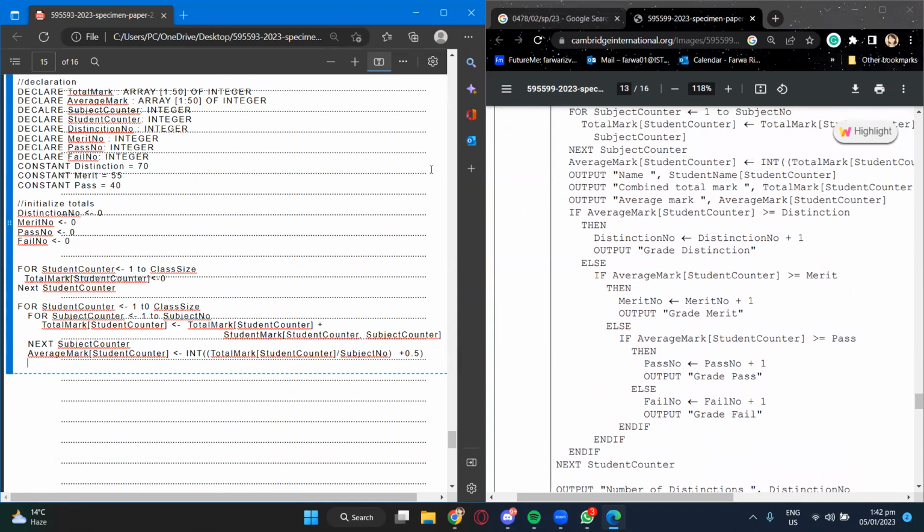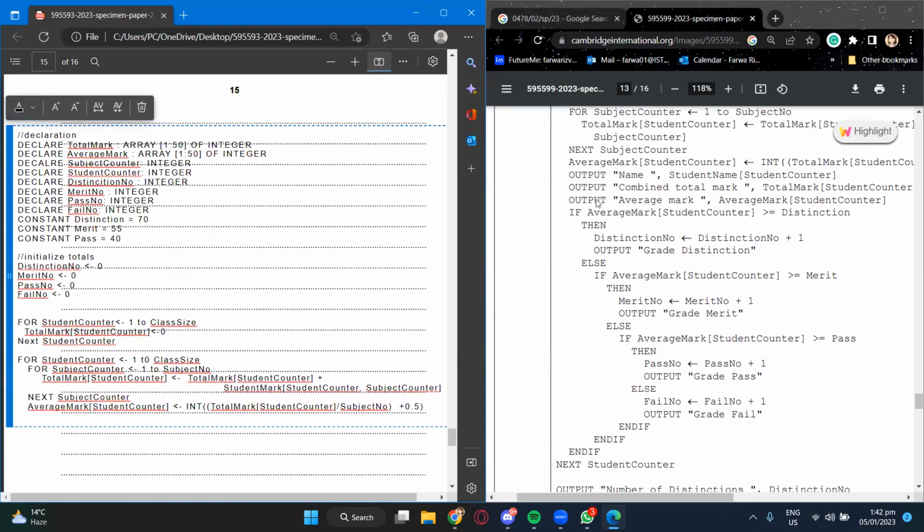If it's not greater than 70, then it's going to consider if average mark is greater than or equal to merit. Similarly, then if average mark is greater than or equal to pass. The else part doesn't have an if, it just has else. Fail is because obviously if it's not pass or merit or distinction, it has to be a fail, and they're incrementing fail. Now the reason they're going in this order is because if, for example, I had fail at the start,